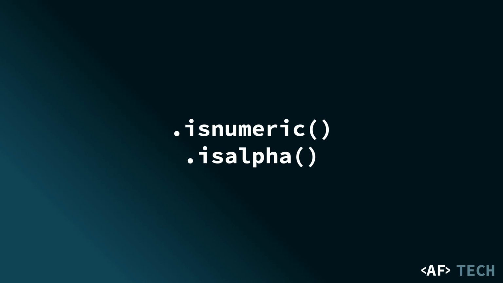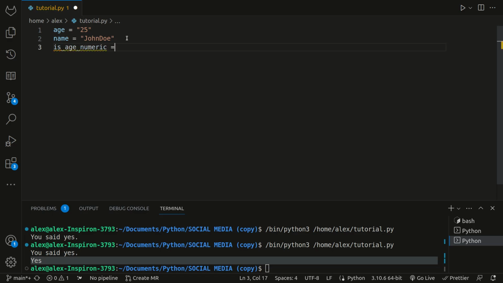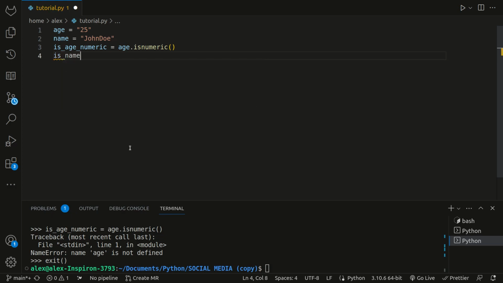These methods help us determine if a string consists of only numeric characters or only alphabetic characters. So here's an example. We can set age equal to the string 25 and name equal to John Doe. Notice I'm not doing a space in here, and there's a reason for that. And then we can say is_age_numeric equals age.isNumeric, and then is_name_alpha equals